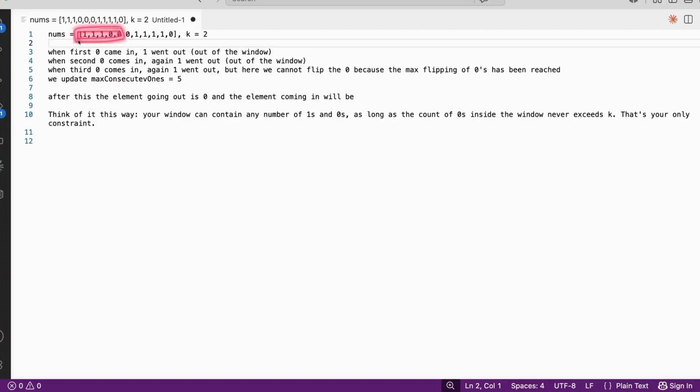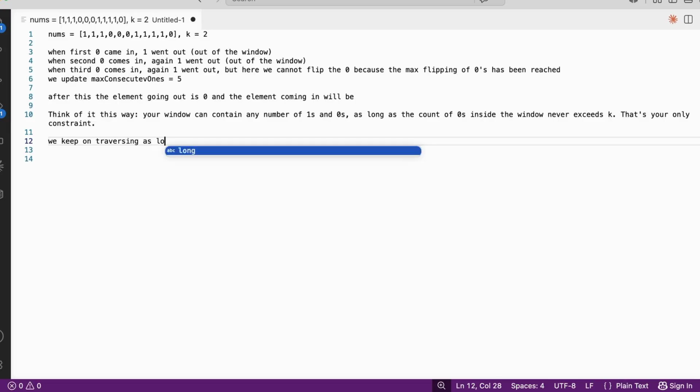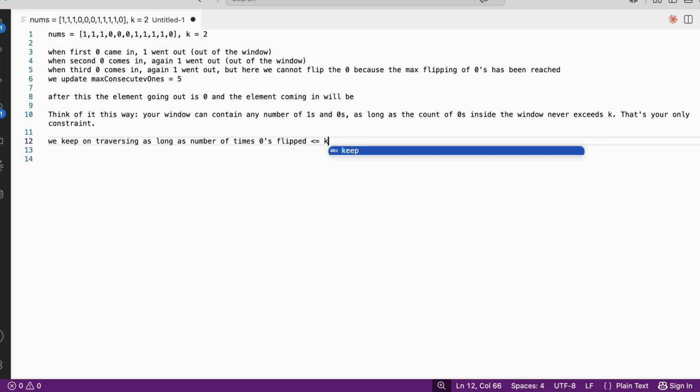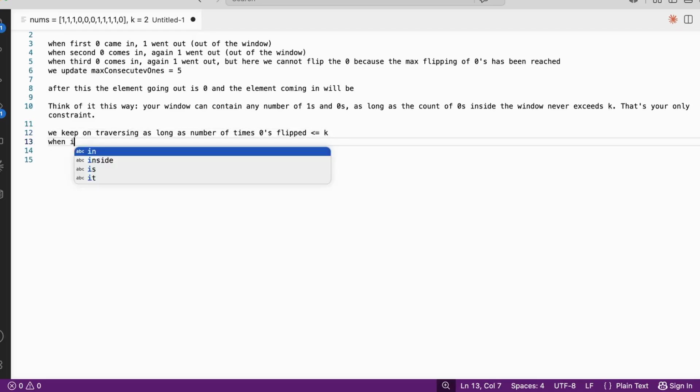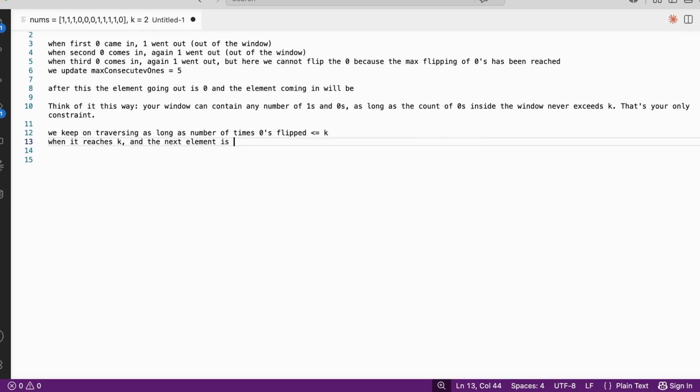After that, since we are encountering a 0, we keep on traversing as long as the number of zeros flipped is less than or equal to k. When it reaches k and the next element is again 0, in that case